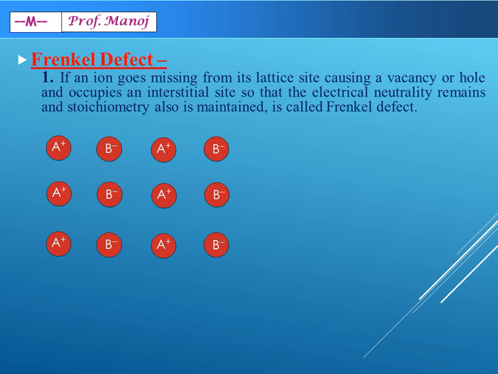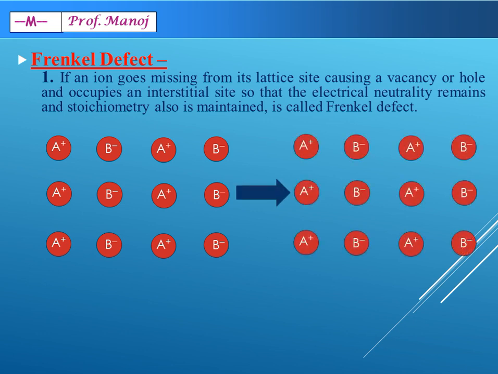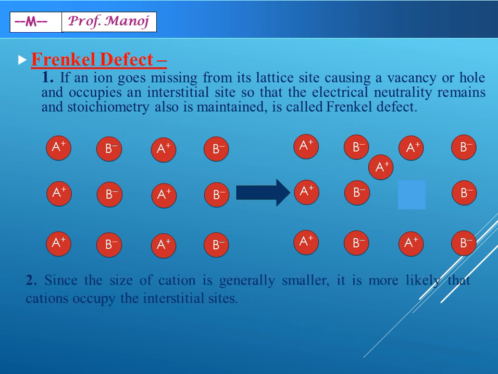Here let us imagine this ideal crystal, and now imagine in this ideal crystal one of the cations moves to some other position. This is called Frenkel defect. Usually, as we know, the size of cations is smaller than anions. That's why the ions which migrate to the vacant positions are mostly cations and not anions. Examples which show this kind of defect are silver chloride, silver bromide, silver iodide and zinc sulfide. If you are a good observer here, you will find silver bromide shows Frenkel as well as Schottky defect.